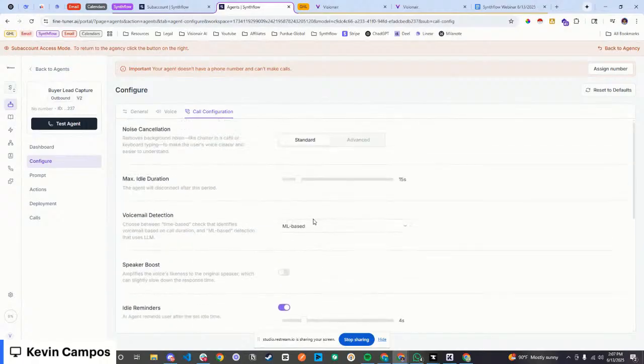Do keep in mind that the main thing of the new features that has come across the table recently has been the call transferring feature, which is allowing you to be able to warm transfer users. So that's been an amazing feature that has recently been added. So just keep in mind, you want to make sure that you use that. Another feature